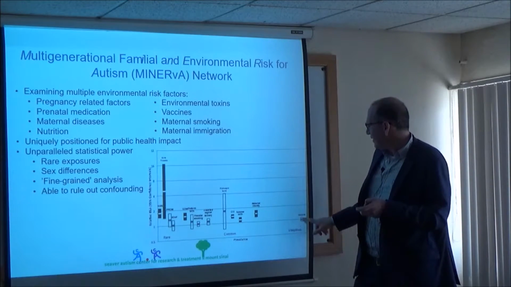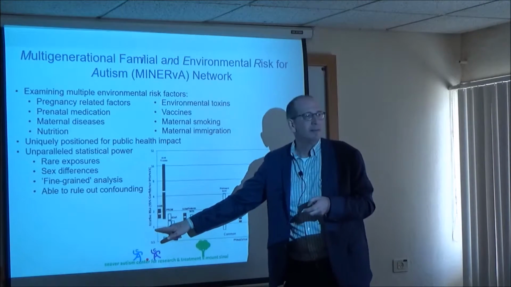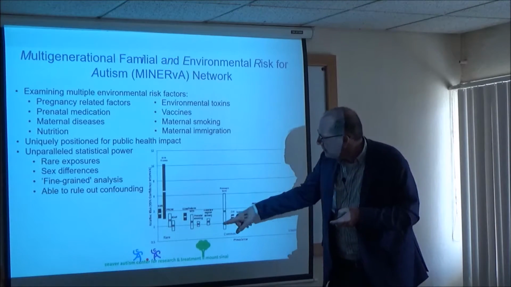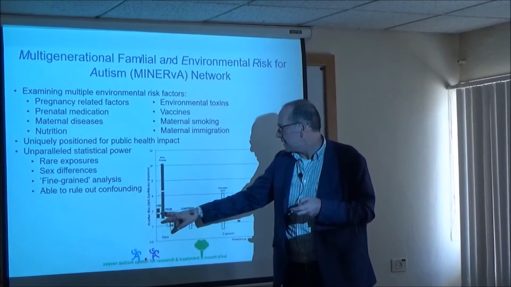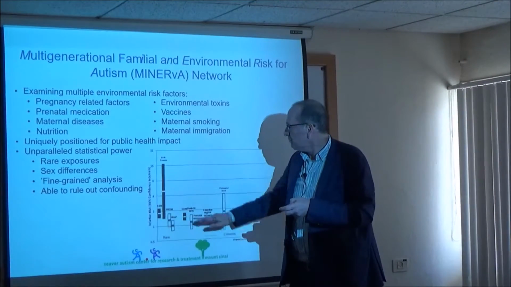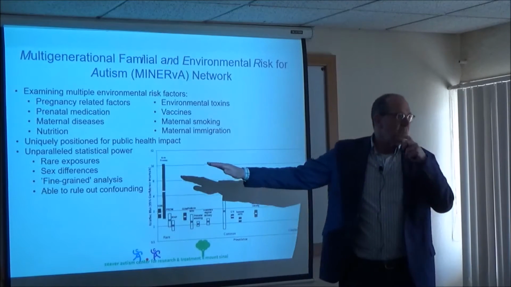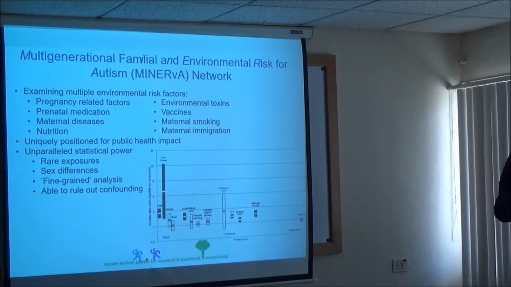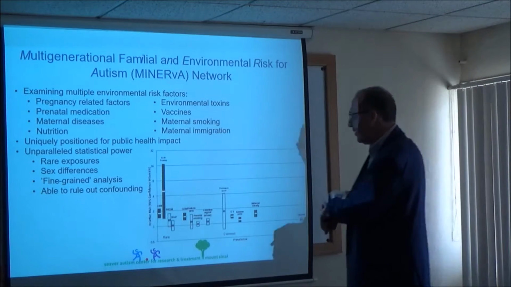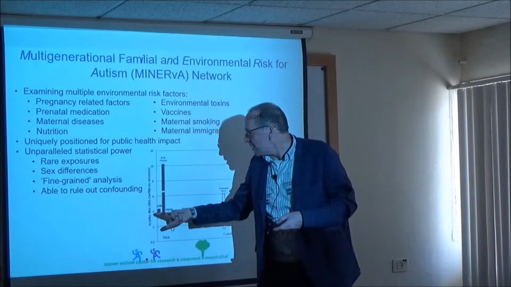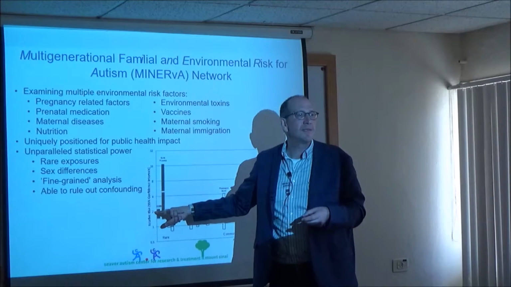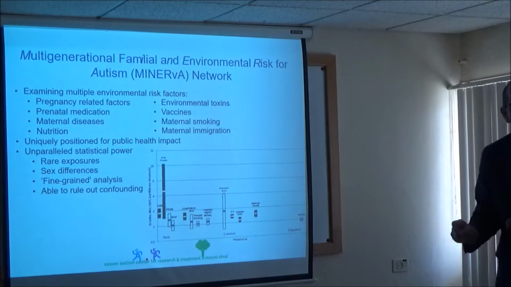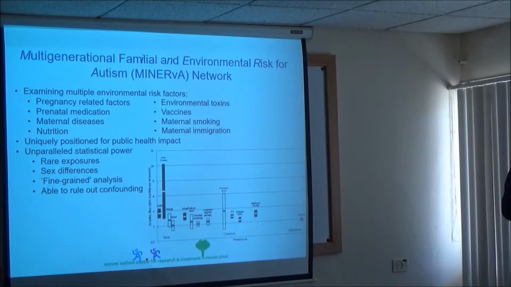different environmental effects. The vaccine increases risk by 0.000. Some of the things you've heard about, birth trauma, SSRI use, increased odds ratios. One of the important things about all of this that the press always loses sight of is that if SSRIs are associated with a twofold increased risk in autism in the child, SSRI use by mom, it doesn't mean the SSRI caused autism. It means that there's an association.